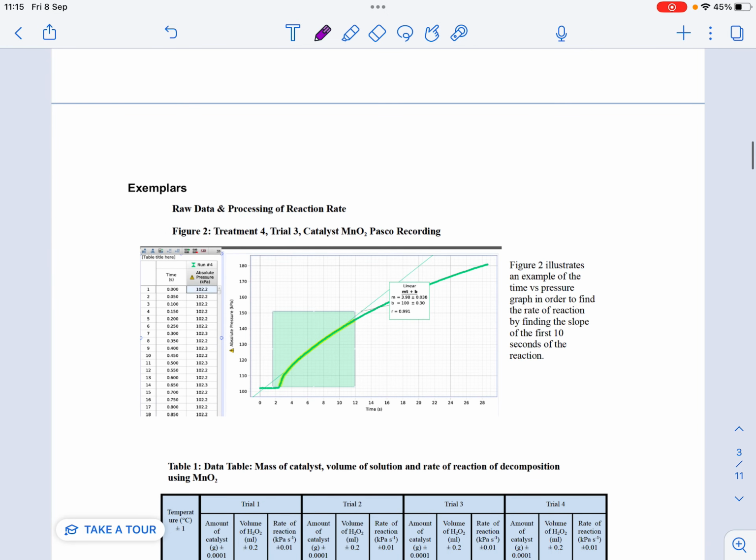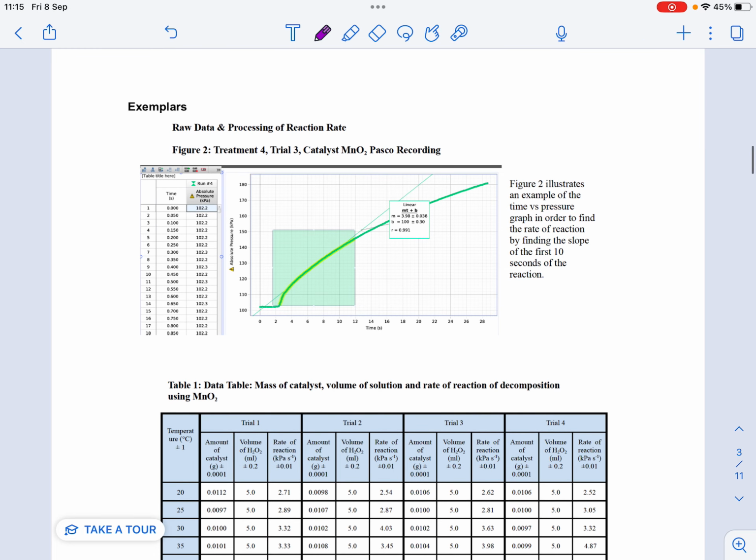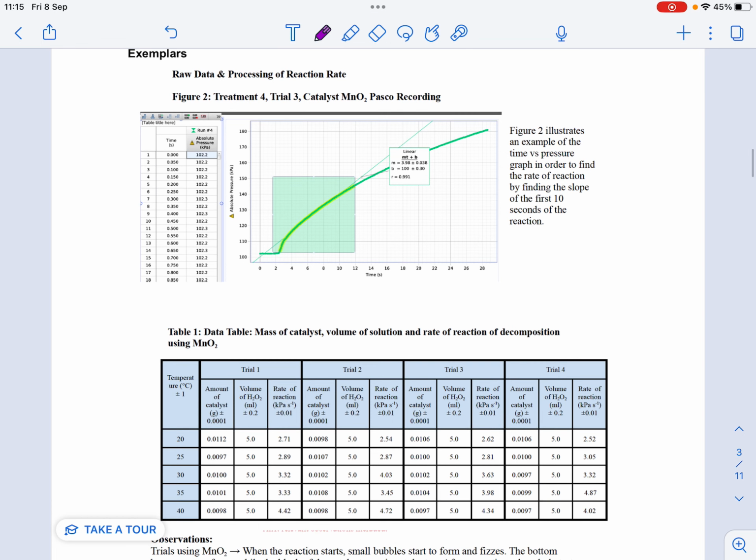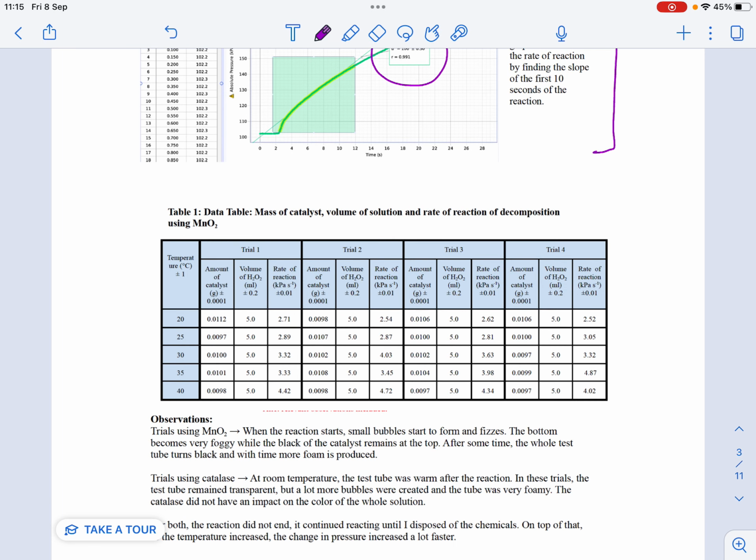These are all labs. They are from the former syllabus, so these are not on the exam 2025 technically, but some of these were moderated by the IB, and all of these achieved 7s, and they had a 6 out of 6 in this analysis or data analysis criterion. So you can see this student has included a screenshot from their data logging. They've shown how they did processing on that screenshot, and they've included a title and a description so I know what I'm looking at. Then we've got a raw data table here.